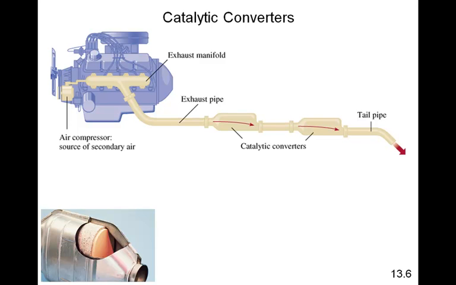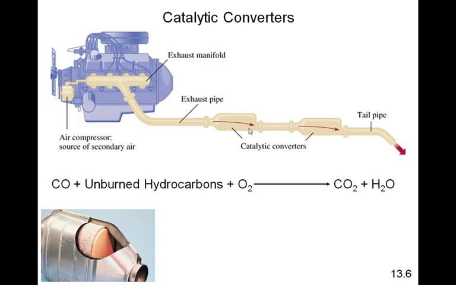Catalytic converters. There's a catalytic converter in your car right here. See, there's your engine. I don't know why it's out of your car, but let's put it back in your car when we're done. And there is the exhaust, and there's the exhaust pipe, and here are 2 converters. Catalytic converters usually contain metals like platinum and palladium, and their job is to get rid of stuff that we don't really want going into the atmosphere, like carbon monoxide